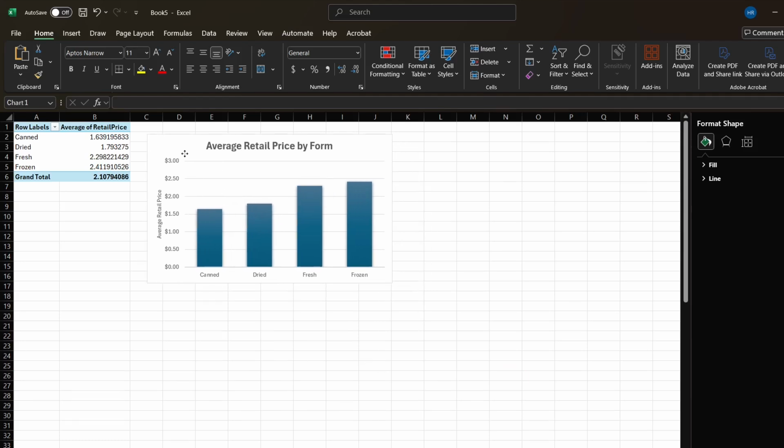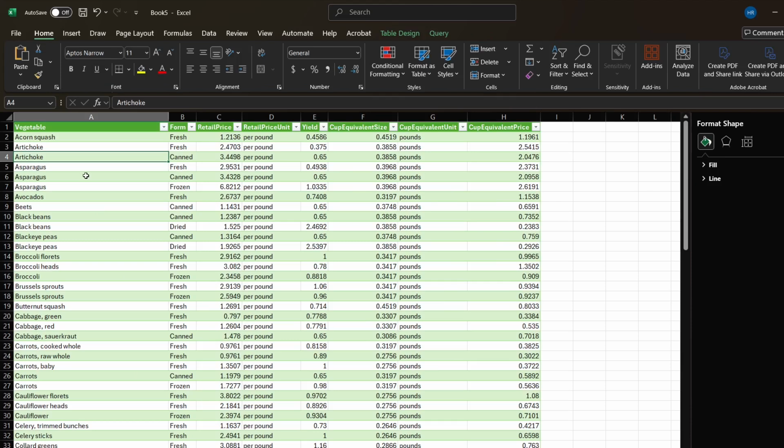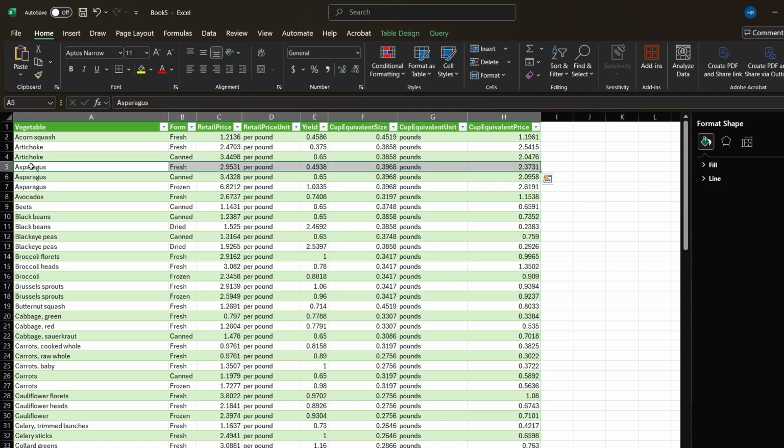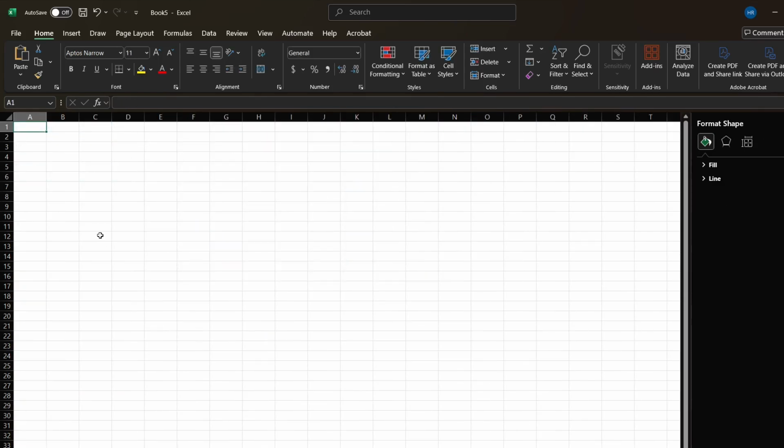Now, I like that we've separated these by form, but one other thing I'd like to know is what kinds of vegetables are cheapest overall. So you can see like there's 3 types of asparagus here, fresh, frozen, and canned. And they all have different prices, but I really would like to know what vegetable has the cheapest average price. And so to do that, I'm going to make another sheet, and just like we did before, I will